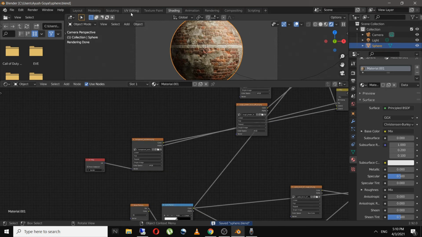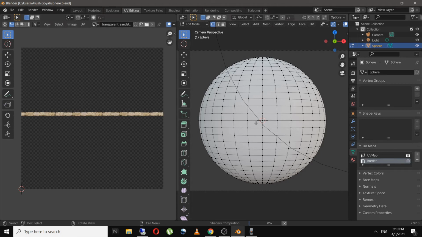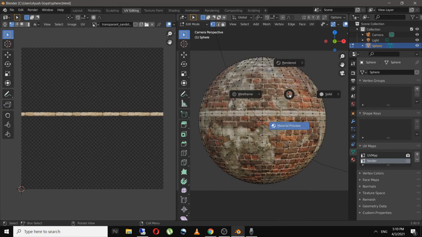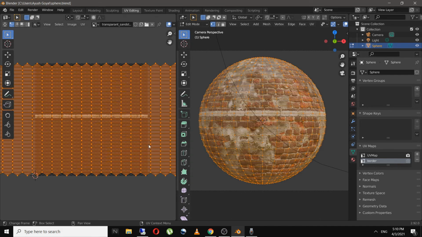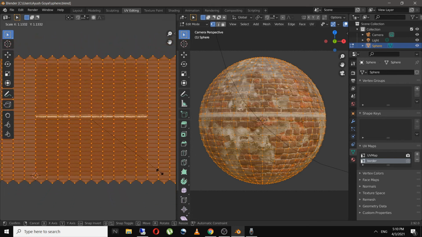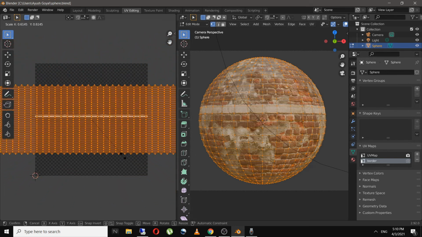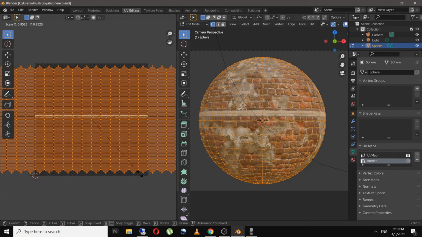And now what will happen is, if I go to UV editing, material preview, and make sure you are in UV map border, click over here, and now if you scale this, as you can see, only the border is now affected.